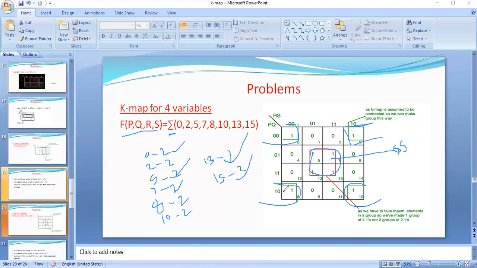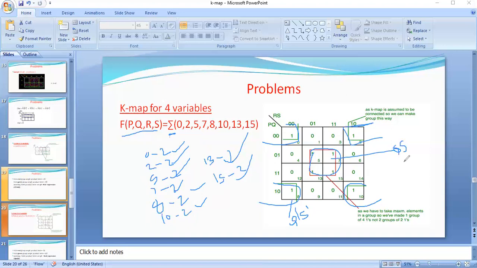Horizontally 0 0 1 0 means here we have q bar. Next, vertically, in this position and in this position, here also 0 0 1 0, means the second 0 is common, so we have q bar s bar, q bar x bar. So with this grouping, 2 is involved in the group, 8 is involved in the group, 10 is involved in the group. All the minterms are covered.